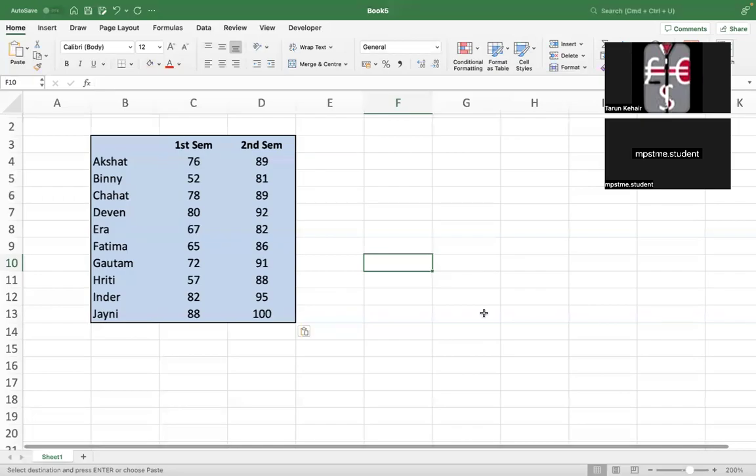So we are going to conduct a paired sample t-test for two means. Here, this is the set of students for which we have the marks for the 2 semesters. So before we go into the inferences, first let's try to do the